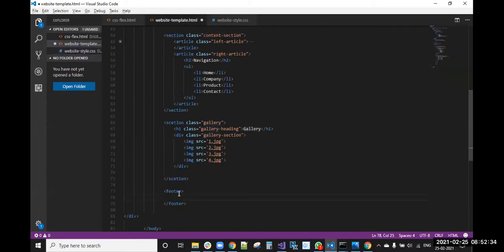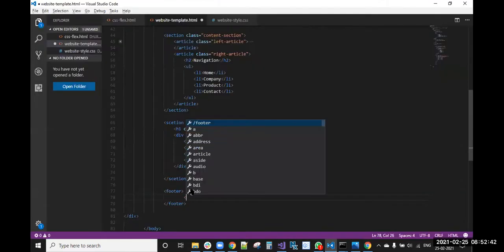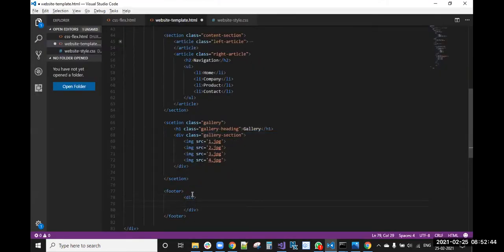In the footer we have only text. So left text and right text. For that purpose, I will take two divs. Okay, div class left footer text.